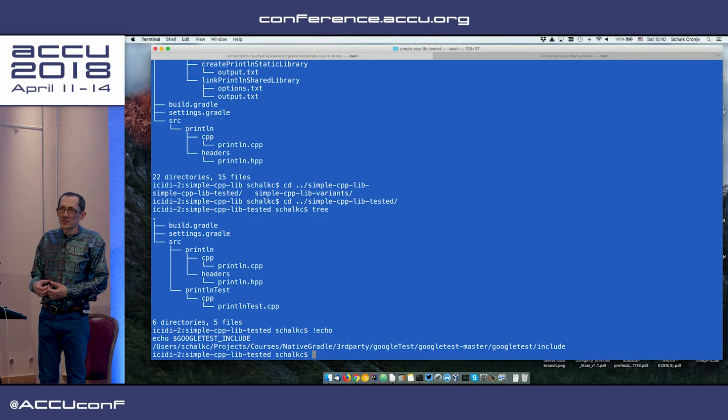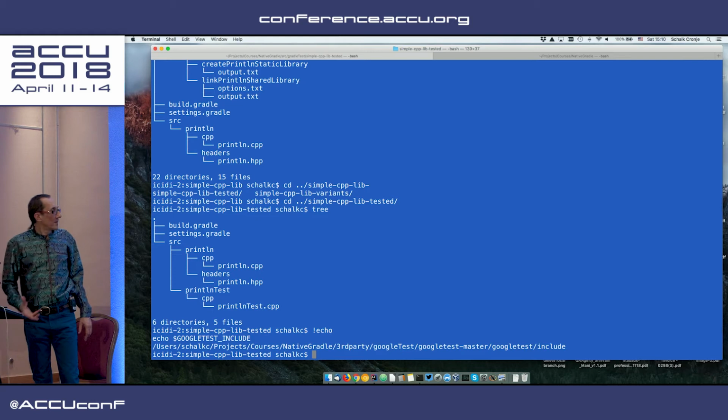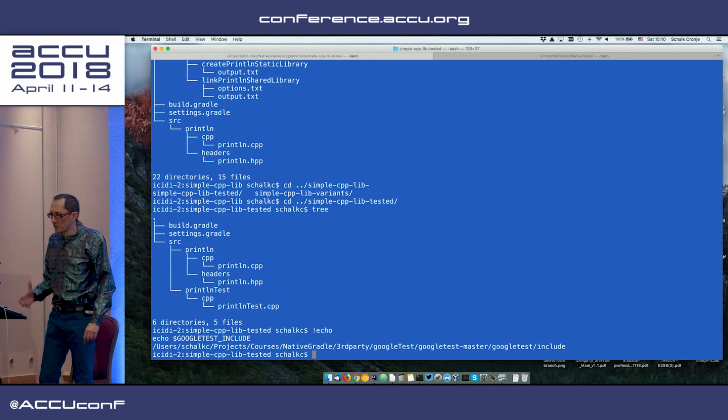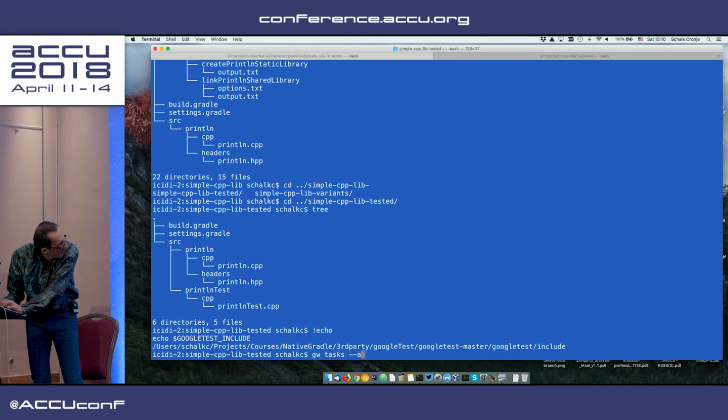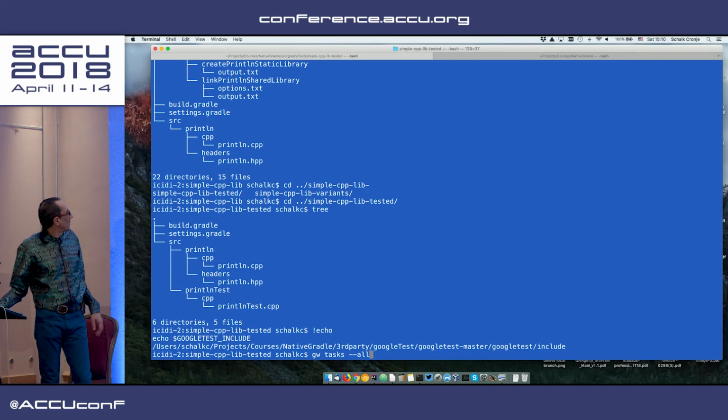If I push this to CI, I have to ensure it's on CI as well in some form, and how is it going to get there? So that's a maintenance problem, but let's not worry about the maintenance problem yet. So if we look at our tasks now, because we've actually added a test suite,